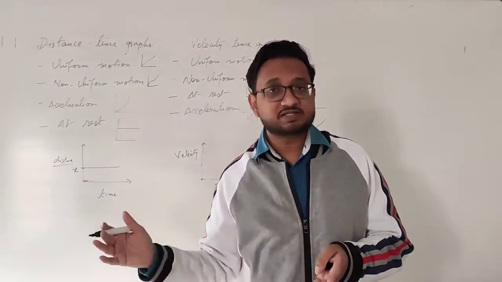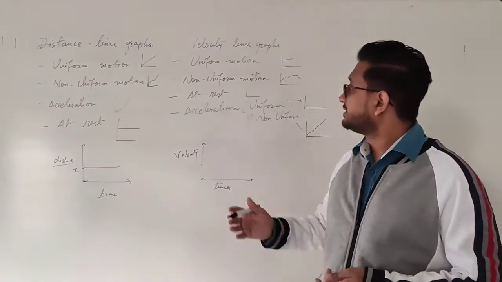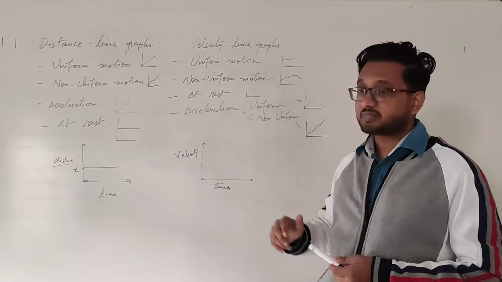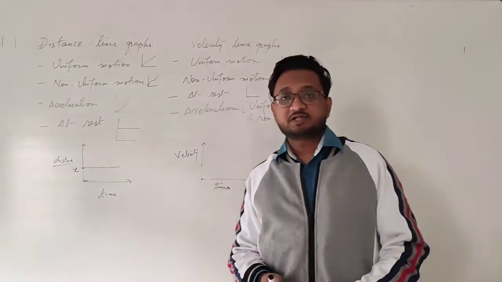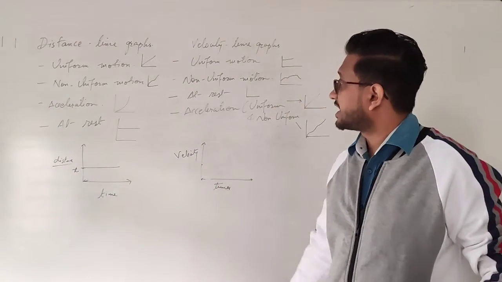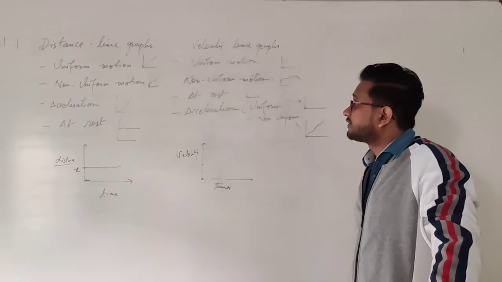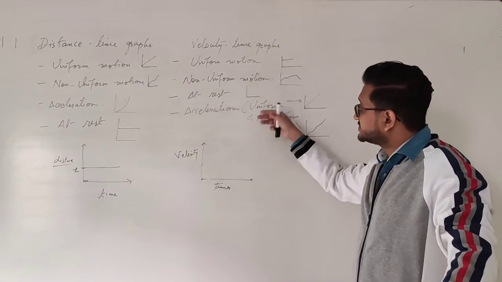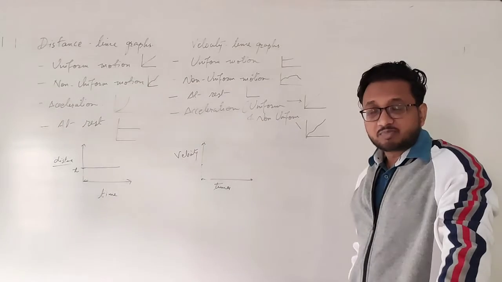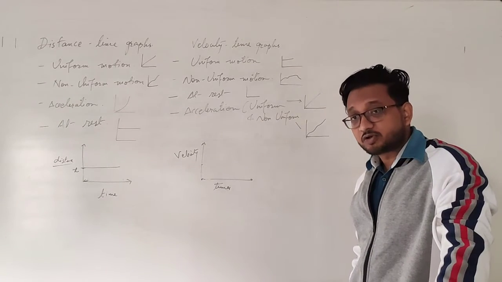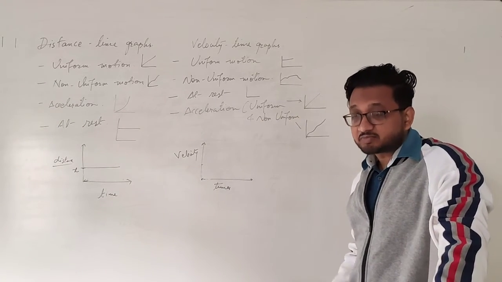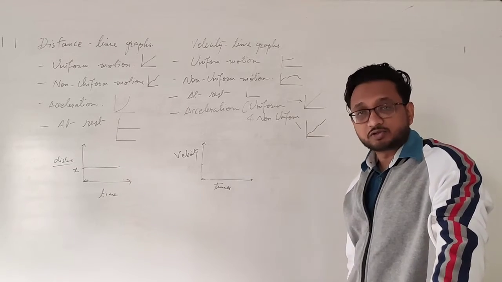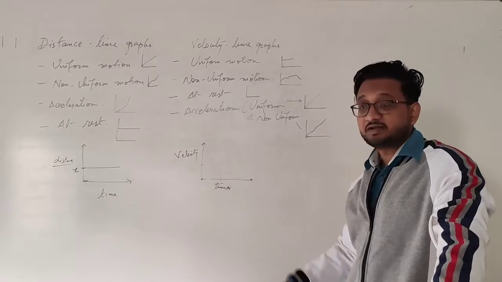So as the time increases, the velocity will remain zero, and hence the object will remain at rest, and the graph will be blank. So we discussed many things over here, starting from uniform motion to non-uniform motion, acceleration. If we come to velocity-time graphs, we have two types of acceleration, but still the motion will remain non-uniform. Remember that. Acceleration may be uniform or non-uniform, but motion will remain non-uniform if the object is in acceleration.